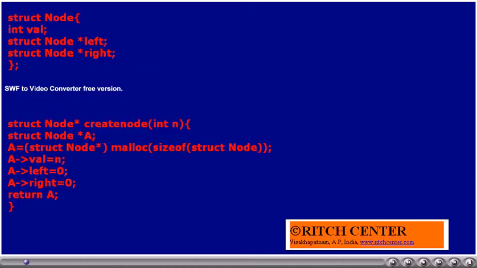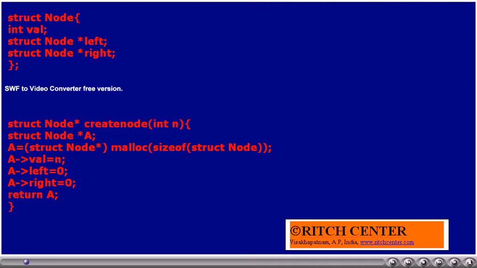For this purpose, we have defined a structured variable node such that it contains an integer, say val, and two node type pointer variables left and right.